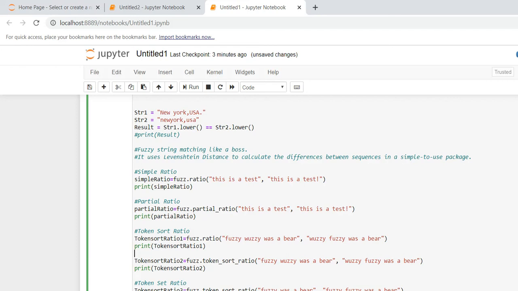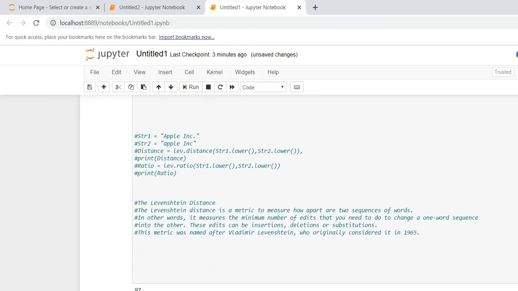The third thing is sort ratio. Here you can see token_sort_ratio. This is our string, Percy was a bear and Percy was a bear. I'm just changing the wording and checking it.